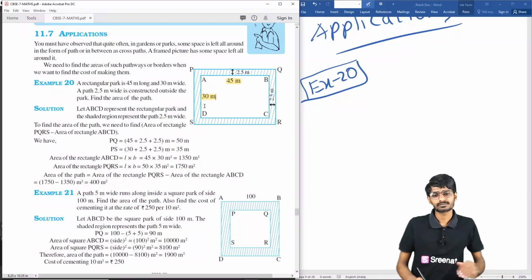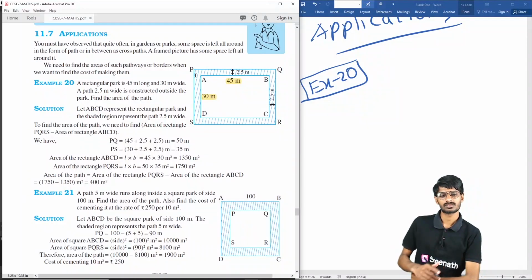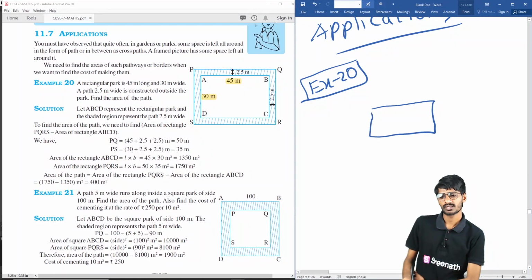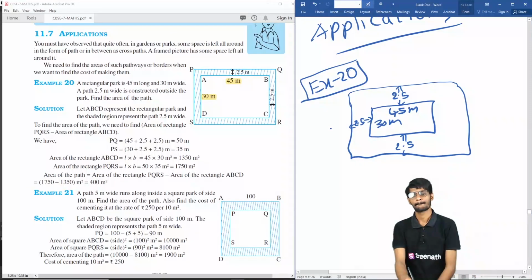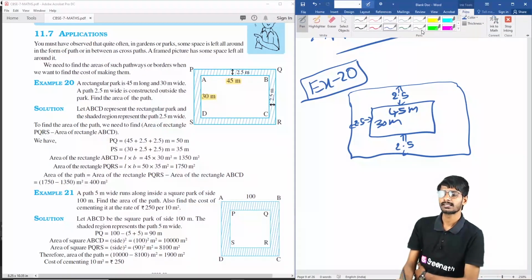For that, students, we can do it in different ways. It is the 45 meters and it is the 30 meters and it is the extra path we are constructing. So this length is 2.5 meters, which means, I'm drawing it bigger so as to mention some names. This is 2.5 meters wide. It is also 2.5 meters wide, and here also 2.5 meters. Students, so if I draw something like this here,